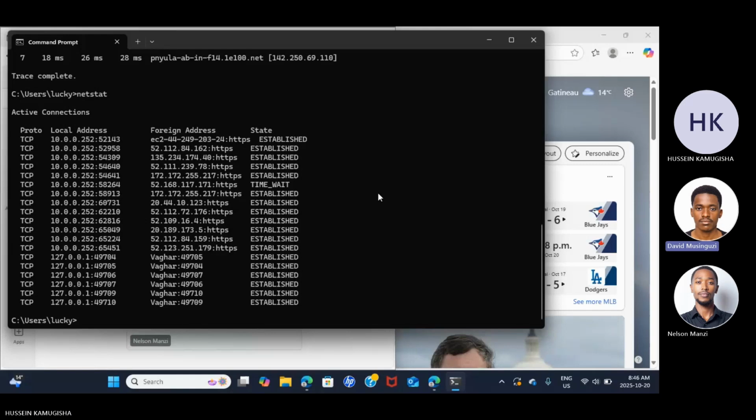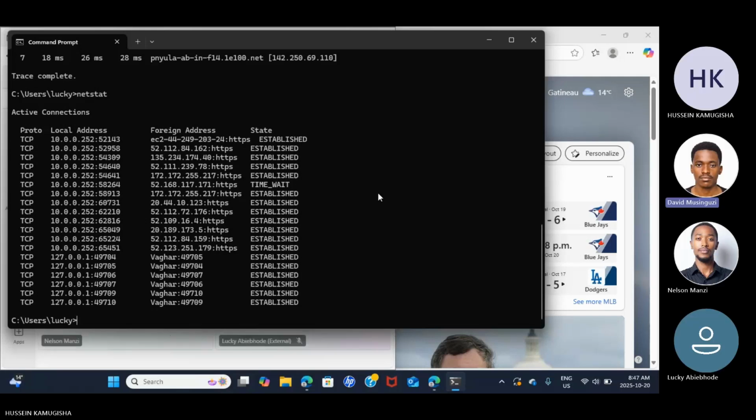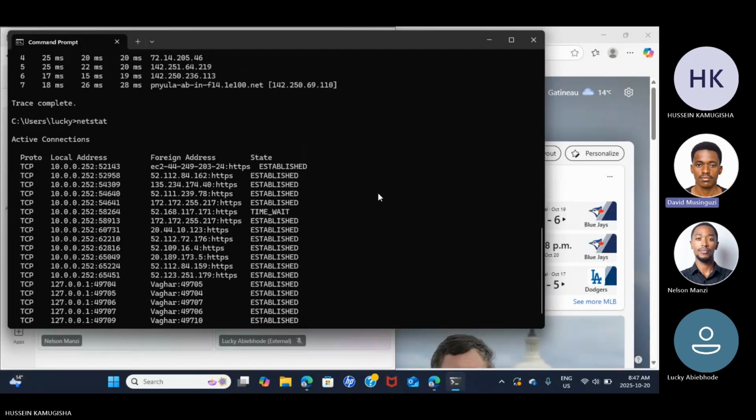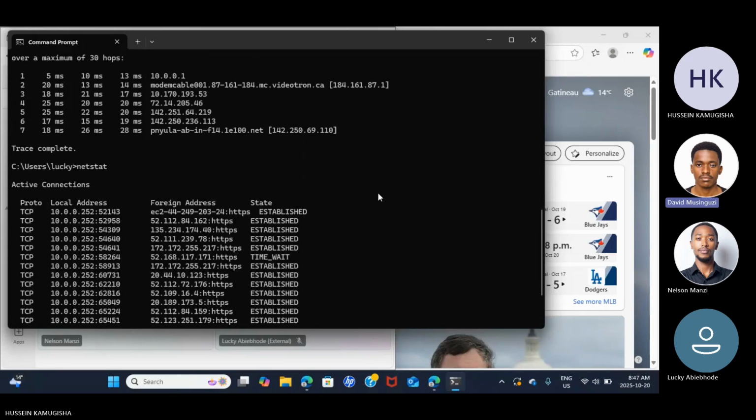And with the display, you'll go more into the statistics. There's an option that shows which application and services are using each connection. That's where we use netstat, then space, then ano. Then there's also the option that lists all listening ports, which is also there in NetStat. There's also one to display all programs, but you should open your command prompt as an administrator.